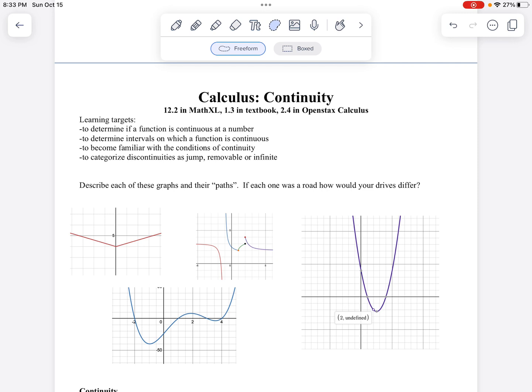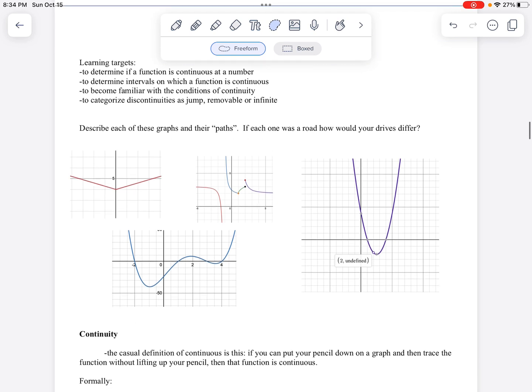So our learning targets today are to determine if a function is continuous at a number, to determine the intervals on which a function is continuous, to become familiar with the conditions of continuity, and to categorize discontinuities as jump, removable, or infinite. So our first activity here, and you can pause the video, is to take a moment and